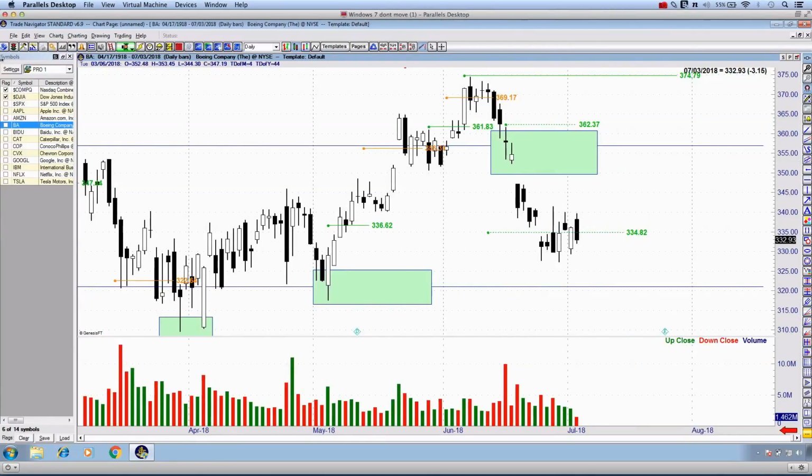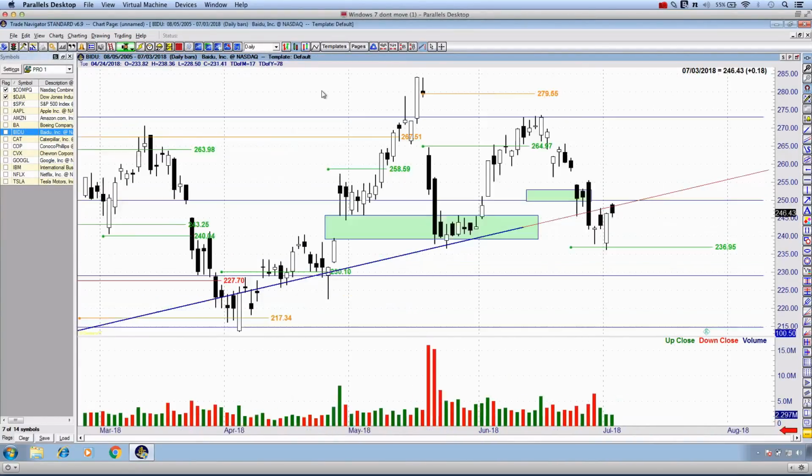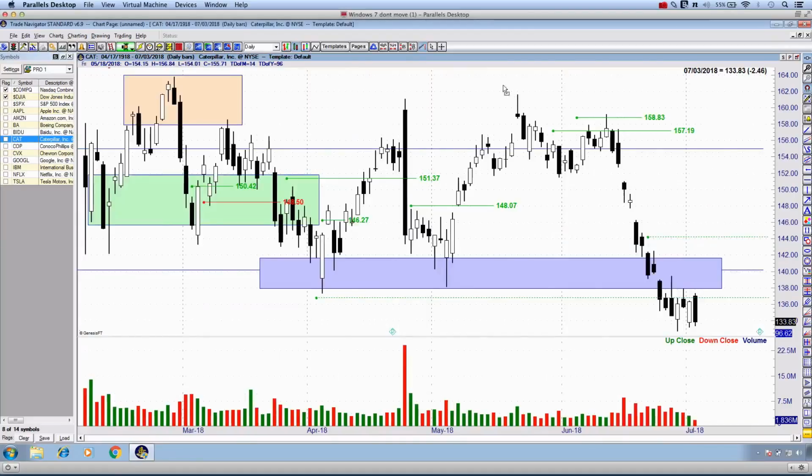Boeing Airlines, absolutely no man's land, not really helping us in either direction. No point actually looking at that stock. We've got Baidu again, more or less back testing what appears to be this bullish trend line. We broke down below this on, what was it, Wednesday or Thursday last week? I think it was Thursday. Yeah, it was Thursday. If we are seeing the back test, this could be it right here on 250, but at the same time, really not gravitating towards any trades whatsoever